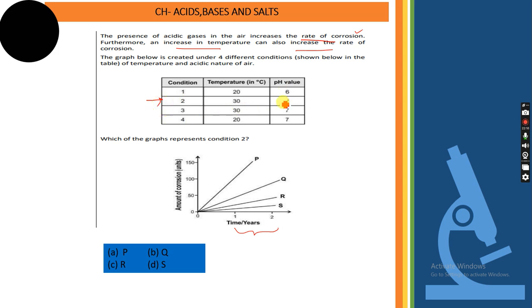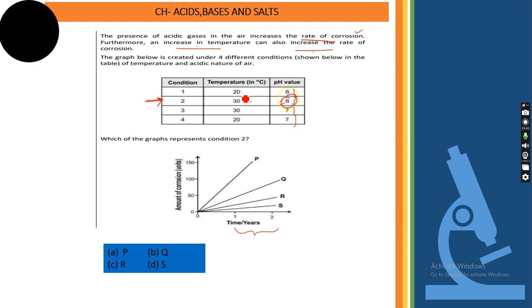Now see condition 2. Condition 2 is pH 6 and temperature 30. Out of the slots, 30 is the highest temperature and 20 is the lowest. मतलब temperature ज़्यादा होगा तो corrosion भी ज़्यादा होगा, and pH की वैल्यू में भी अगर एसिडिक ज़्यादा होगा तो corrosion भी ज़्यादा, तो एसिडिक कब होगा, जब your pH is less. So 7 means neutral, so these two cannot be. And they have asked specifically for condition 2.